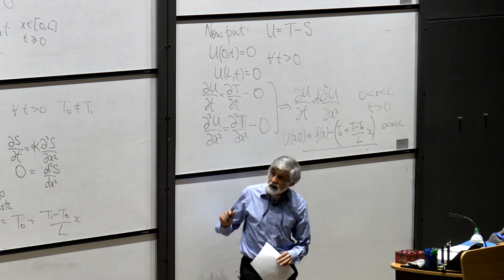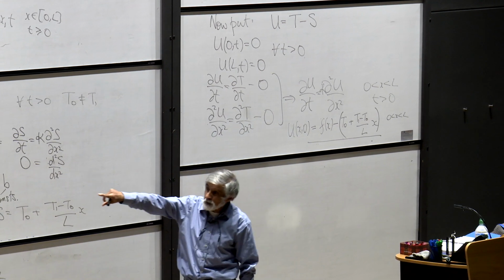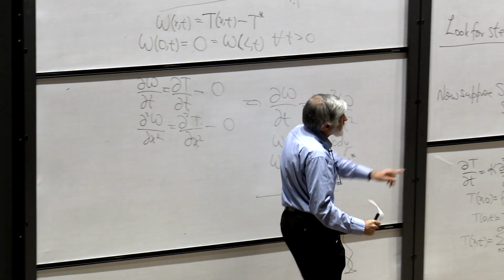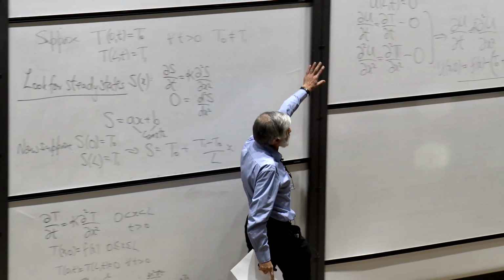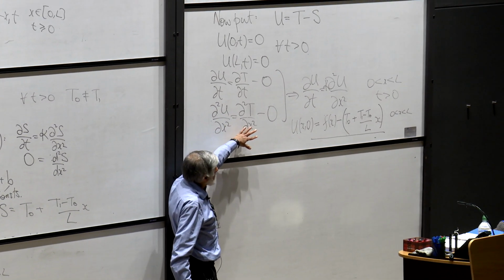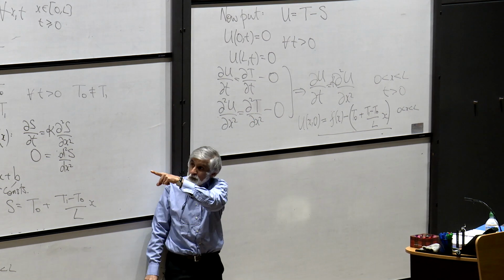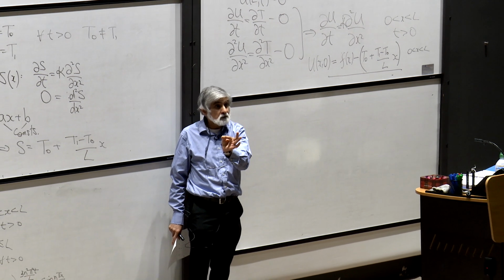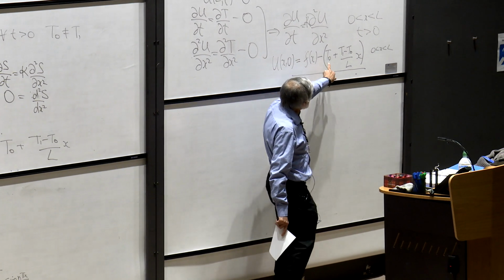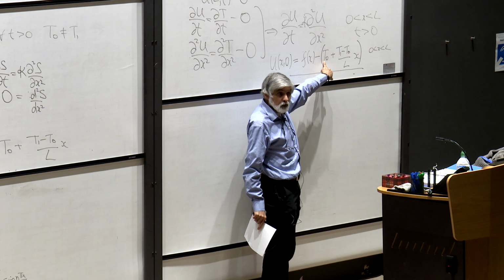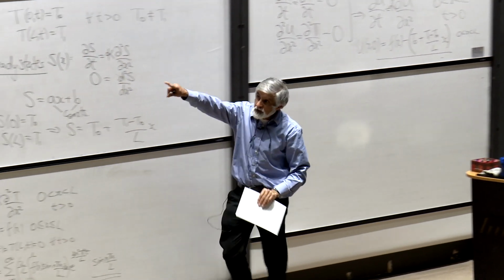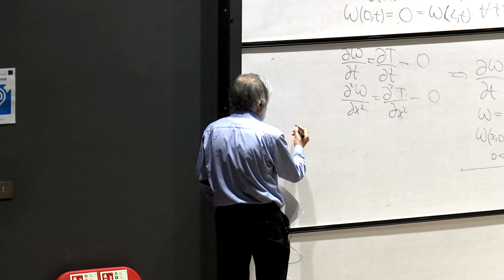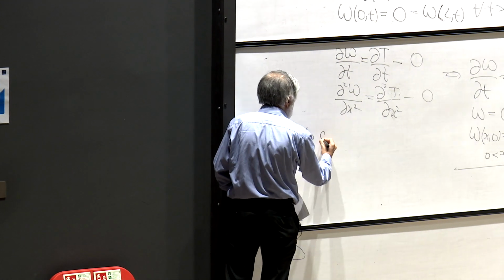And so in fact, if you go back and look at this problem here, what we did here was exactly the same as what we've done here, because in that problem T1 was equal to T naught. So in that problem our steady state was T naught. So in fact what we had done here was we had used the fact that T naught is a steady state.